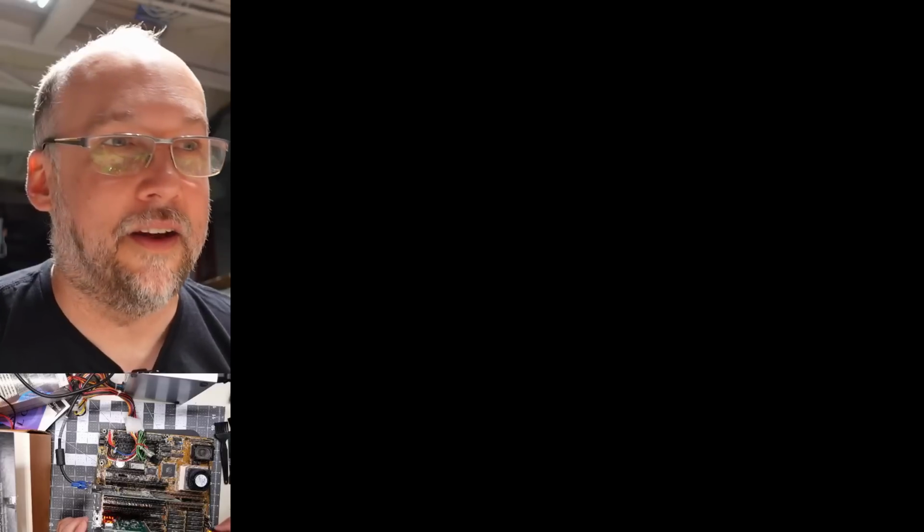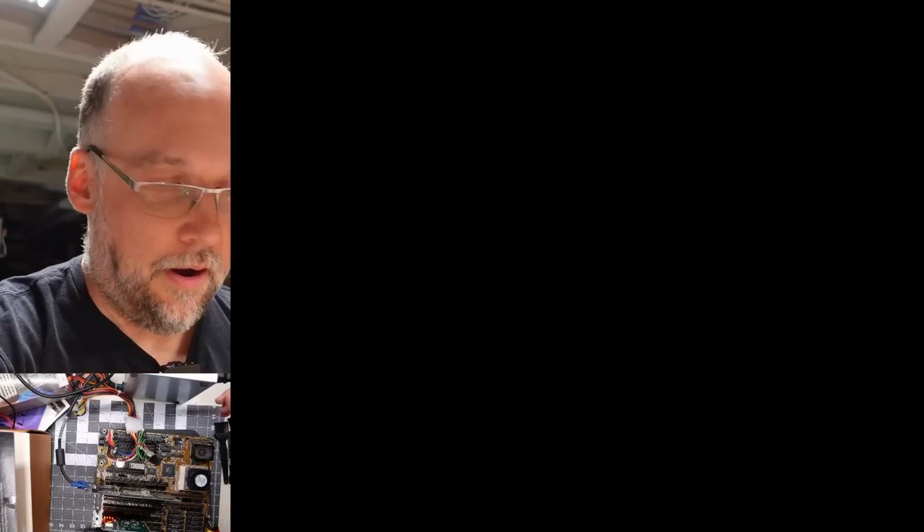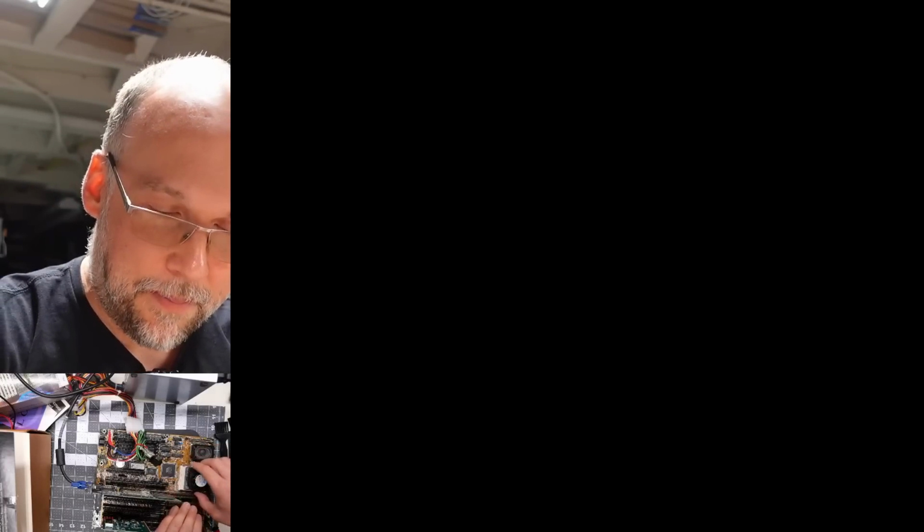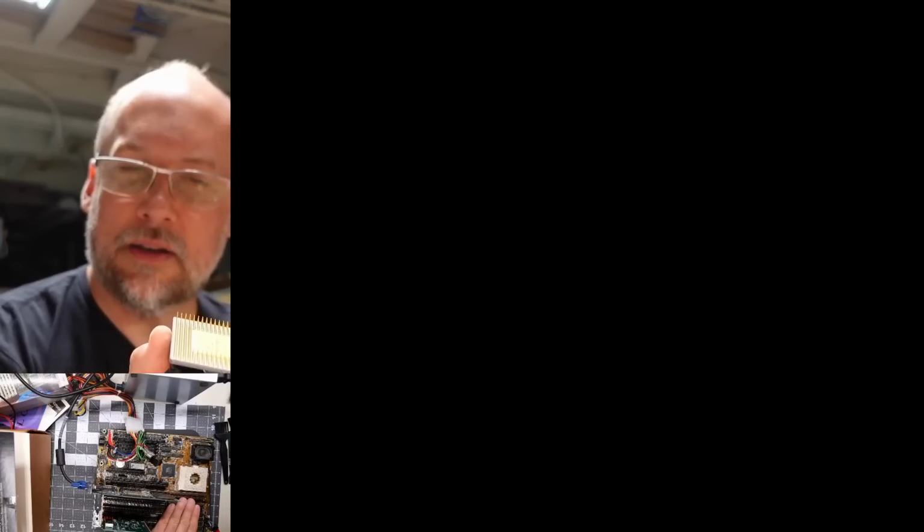I don't know. Let's try this again. I mean, it's strange because we're getting post codes, we're getting what looks like normal activity, but then the system never goes beyond that, never actually posts. All right, well, it could be a problem with this motherboard, but I think it's those pins. I think I need to try to clean those up, and that will have to be for another video. Yep. Nothing is bent, nothing is folded over, all the pins are in really good shape, but we're not getting